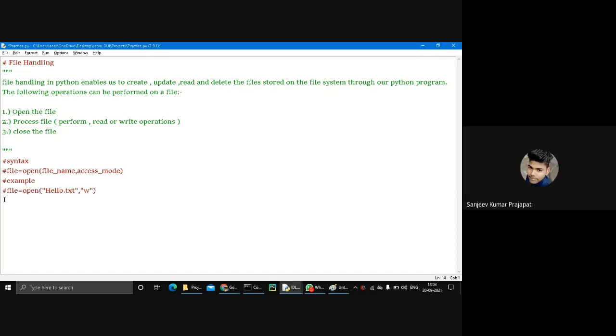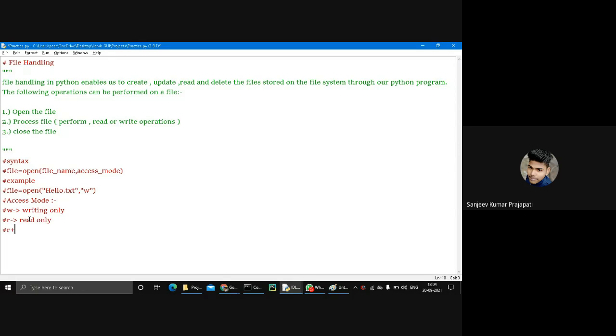And the next thing is access mode. The first access mode is W. W means writing only. Next is R. R means read only.